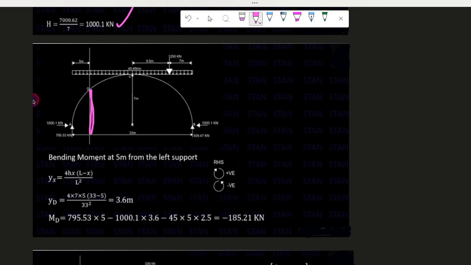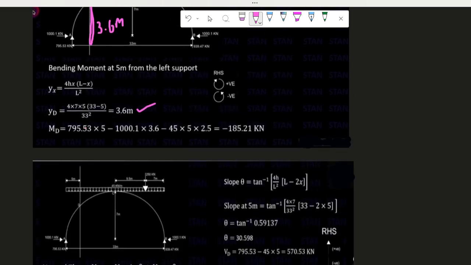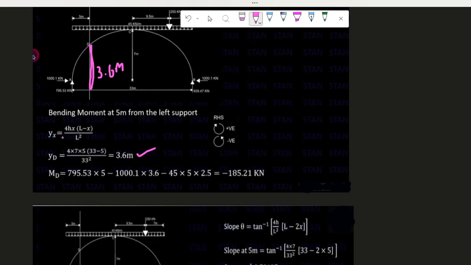With 33 square in the denominator, we get y equal to 3.6 meters. Applying moment at the section, load into distance: